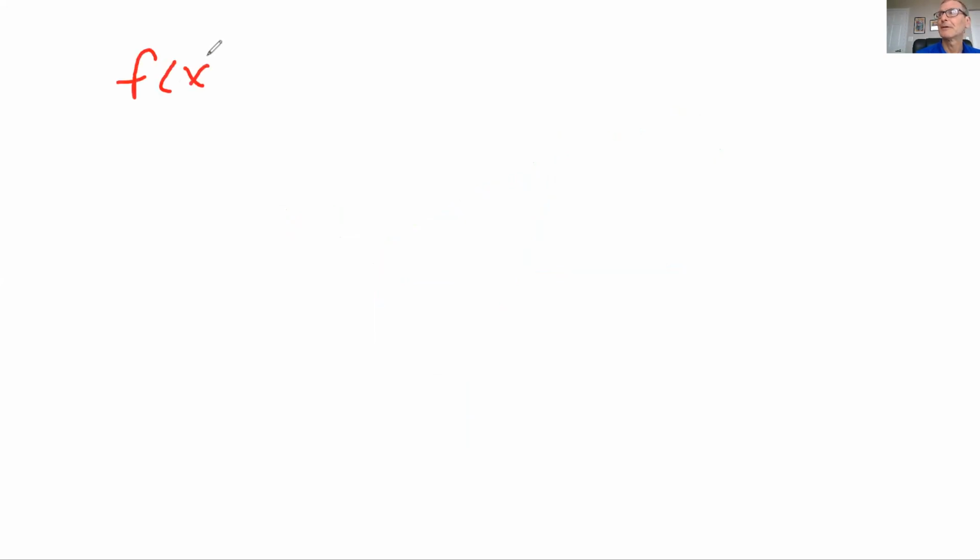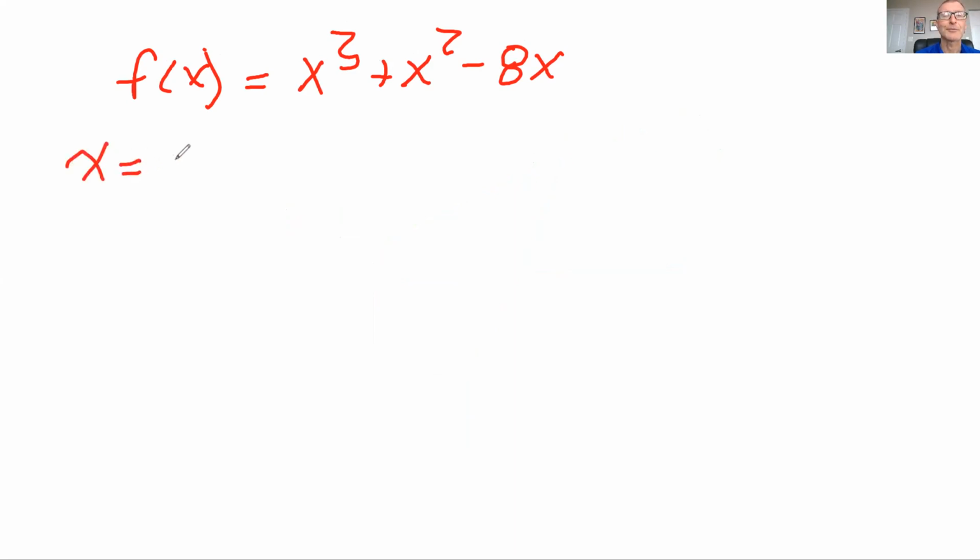First one, let's take this equation. And using the intermediate value theorem, can you decide if there is a zero between x equals -4 and x equals -1? So all you do is plug these in and hope for a sign change. So if we plug in -4,